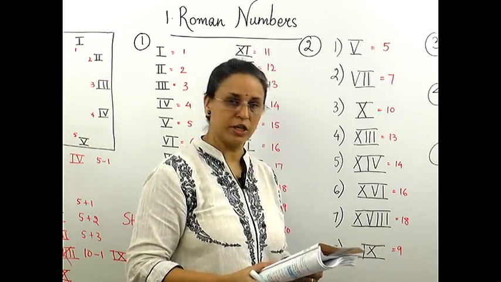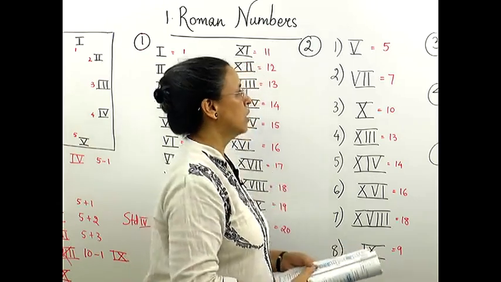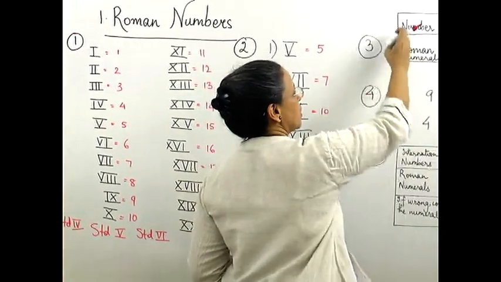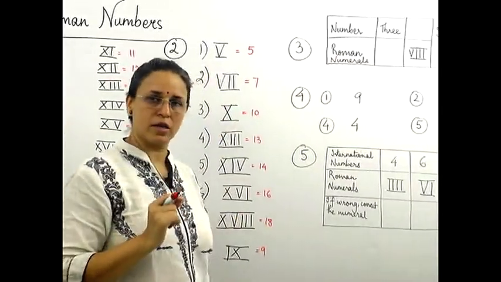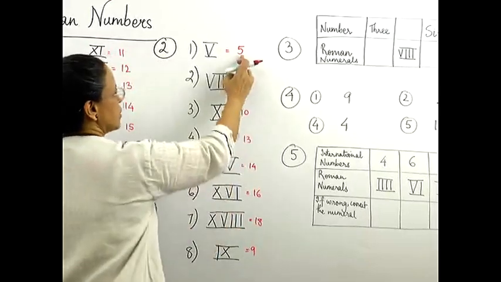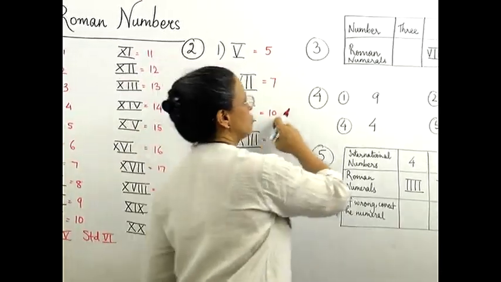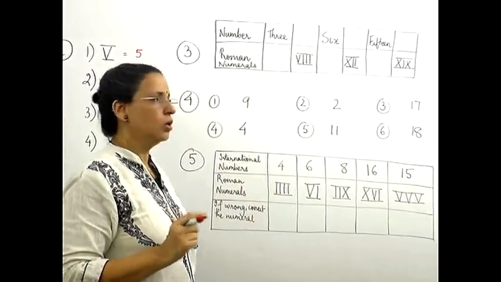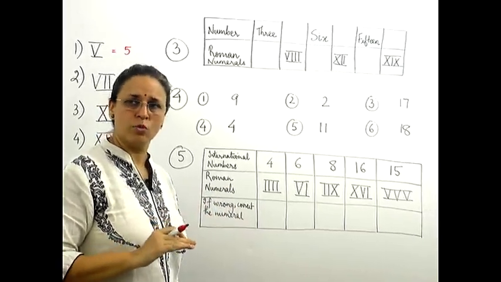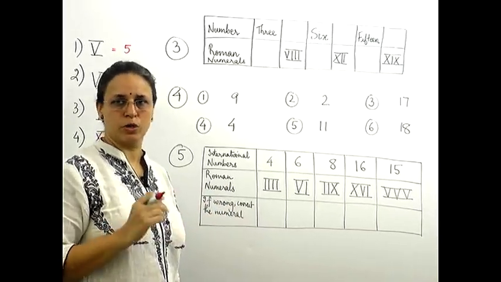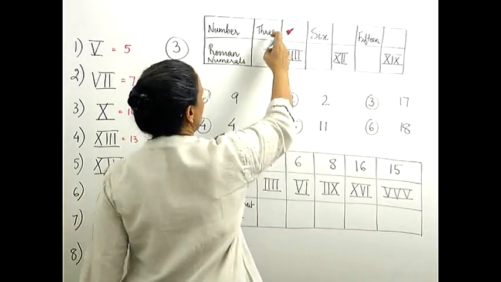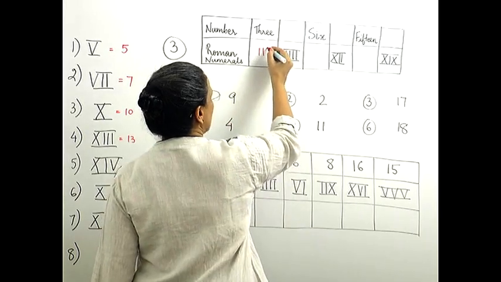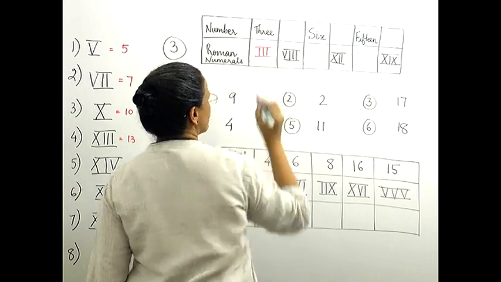They have asked you to fill in the empty boxes. In question number 3, sometimes they have given Roman numerals, sometimes international numbers, but written in words. See, when we write it in this way, it is in numbers, and when it is written in this manner, it is in words. So they have given it in words and you have to write it in Roman numerals, or they have given it in Roman numerals and you have to write it in words. Okay, so now here number 3, how will you write it in Roman numerals? 1, 2 and 3. Quite simple.